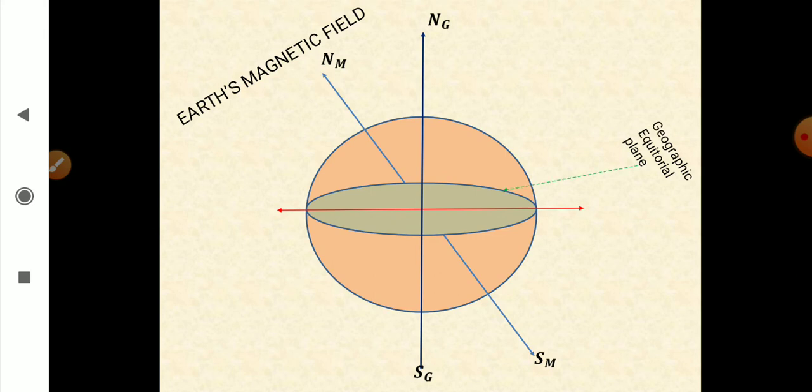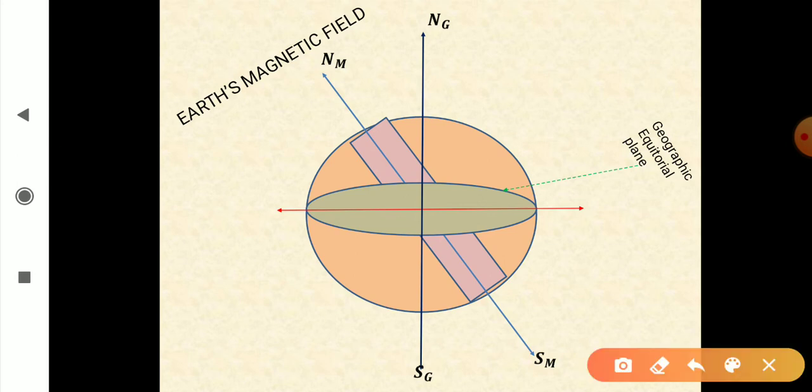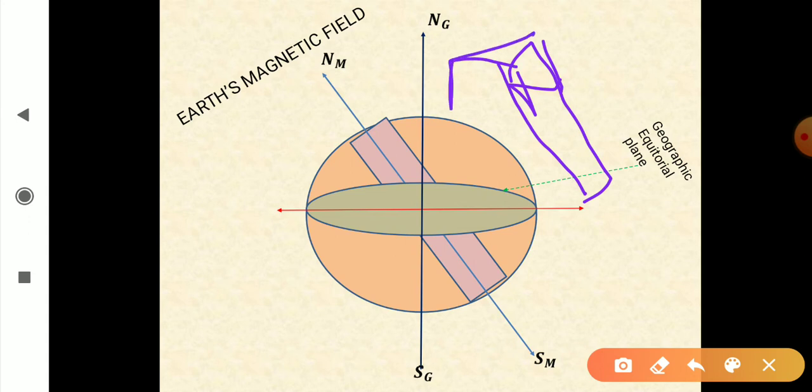We call it geographical equatorial plane, and you know that when a magnet is hung freely, it always rests along the north-south direction, and the north of the magnet always points towards the north. So we imagine that there is a big magnet buried inside Earth with its south towards magnetic north and north